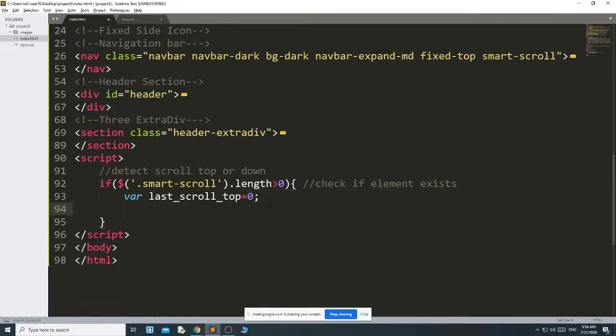Then $(window).on scroll, then start the function.